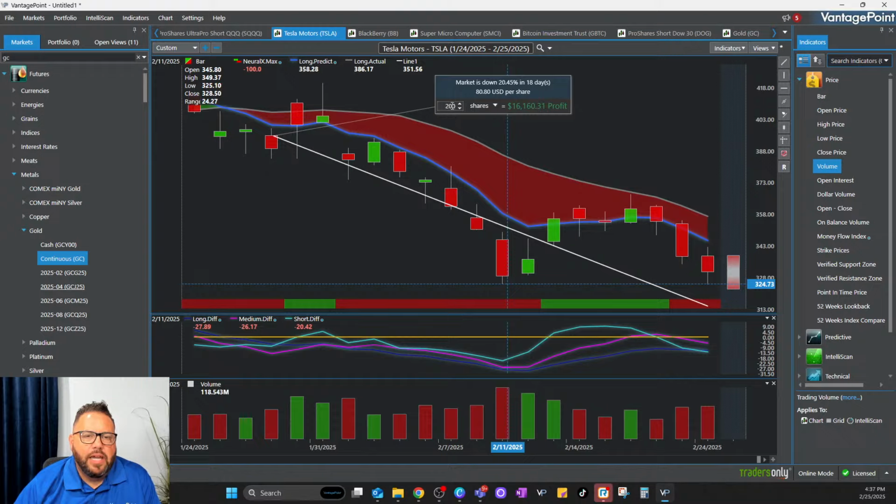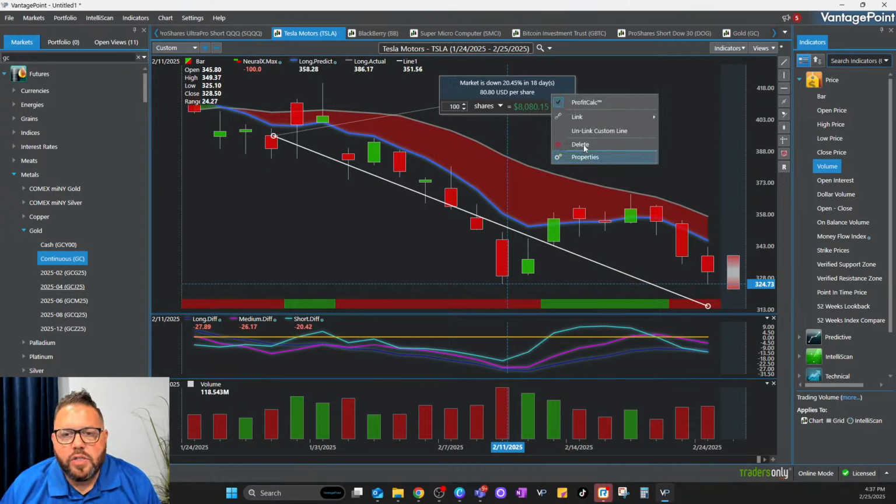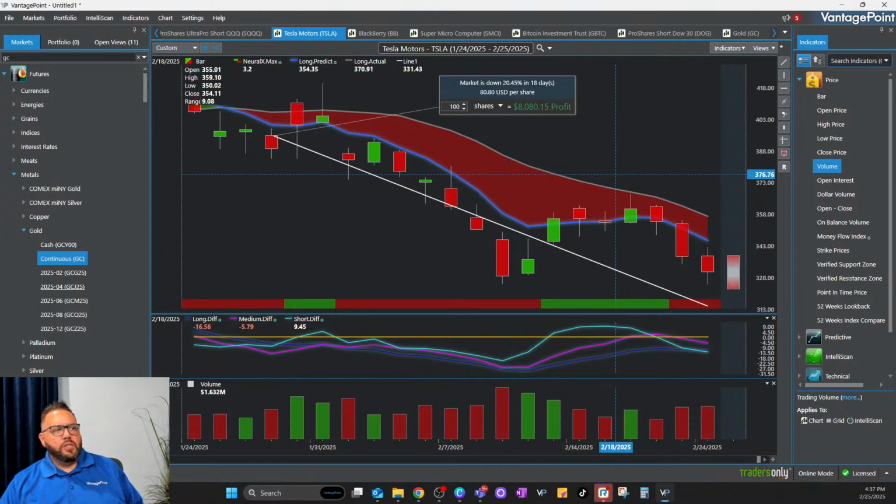So from an underlying asset standpoint, we said one put, 100 shares, $8,000 minus the premium. That's a $5,000 gain right there in one move. And from a profit standpoint, that's well over 100%. That's probably 300%, 400% by the end of the day today, simply using that crossover, simply using this information in the software